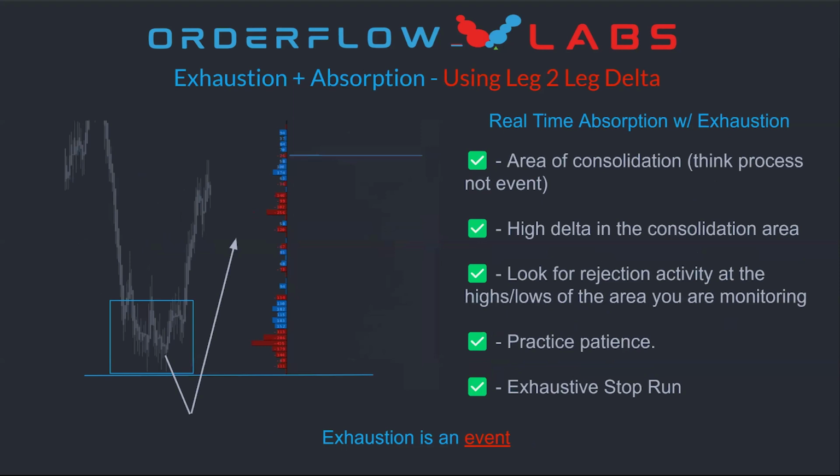So the other scenario is, you have all this absorption and then you get a little stop run of that absorption spot, and then it reverses. How do you know if one's going to happen or the other? You really don't. You kind of have to be prepared for both scenarios. I think, from an execution standpoint and trade management, that's up to you to work through that. We describe various ways from an execution standpoint, how we do it as traders within the OFL community.